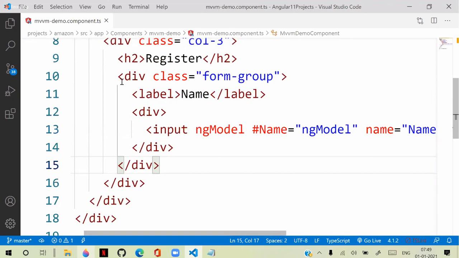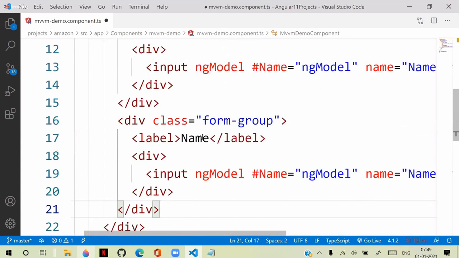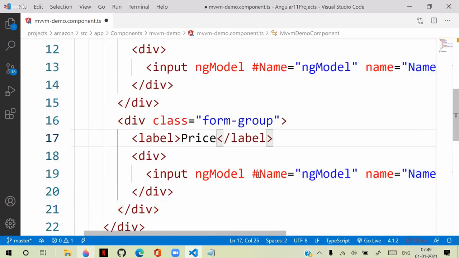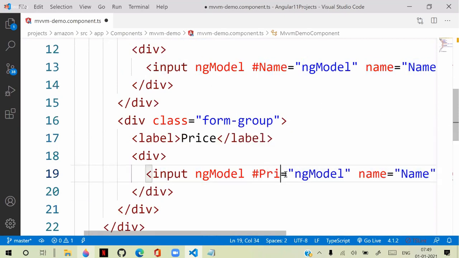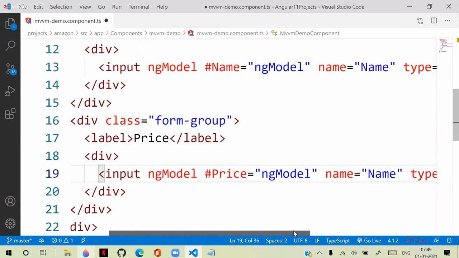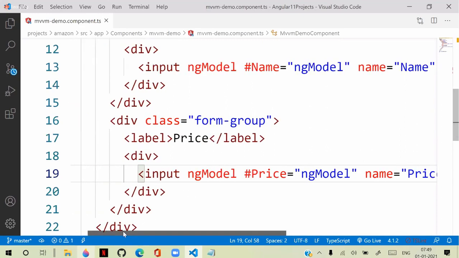So let's copy this now. I will copy this form group and keep it. And this is for price. The price text box will have an ID price, and the price text box will have the name price. And ngModel is the same. Everything is similar, no change.